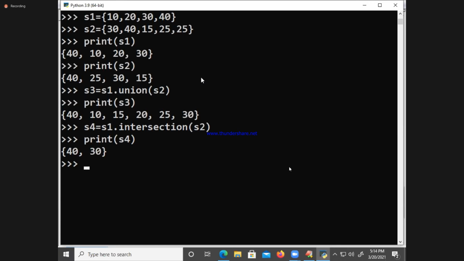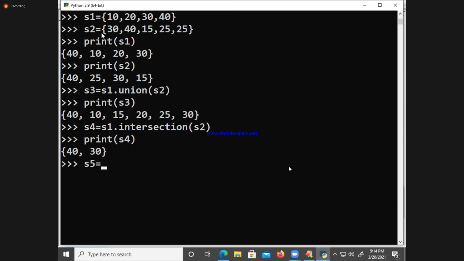Yes, done. Next, I want to take only the players of S1. I don't want to take S2 players. Only. What is that only? 10, 20. 30 and 40 are here also there. That is called S1 minus S2. Remove the common elements from both the sets and print the elements from source set. Yes or no?